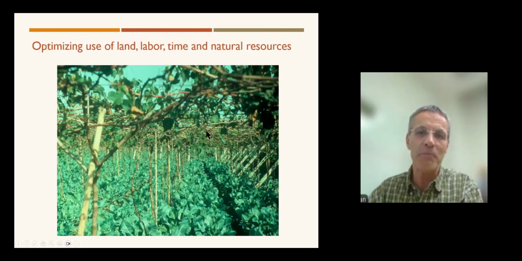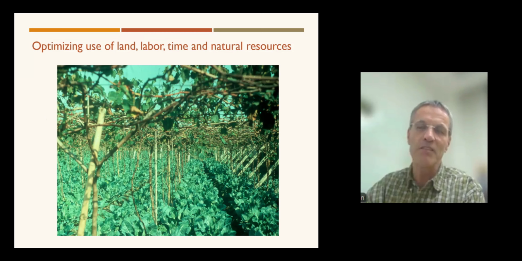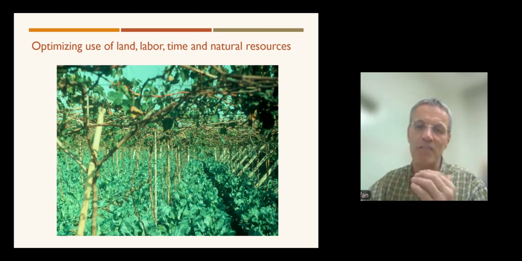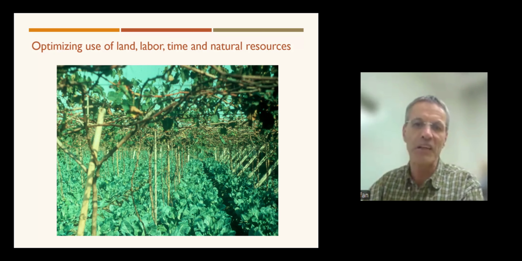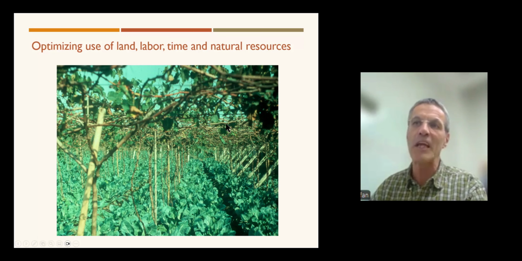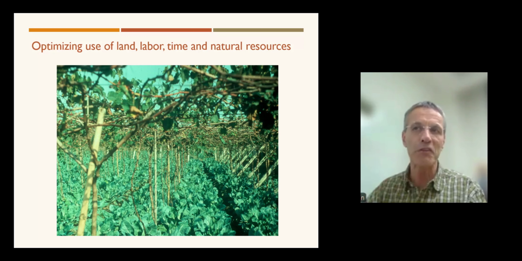So this is an example of a bok choy field, but above it, you can see they grow kiwis. So this is a great example of resource sharing. Space is used very efficiently because the crops grow on the same area, but on different levels. So it uses the light very efficiently, especially if the bok choy has most of its growth time during the time when the kiwi plants do not have a lot of leaves on them. So this is a nice example of how you can use different resource pools.